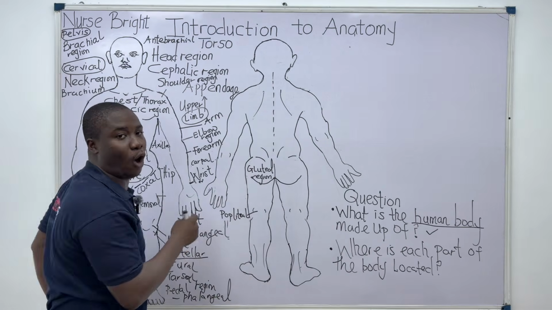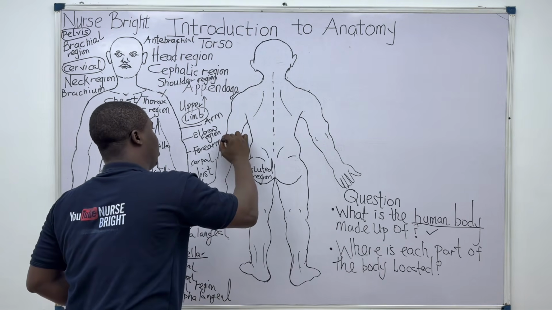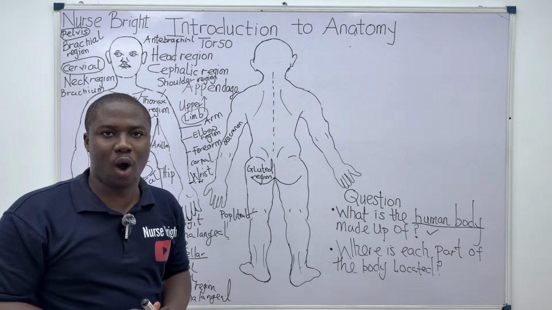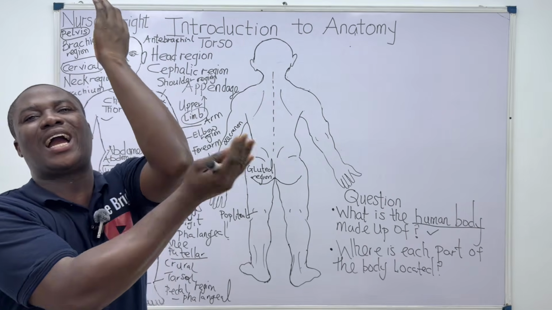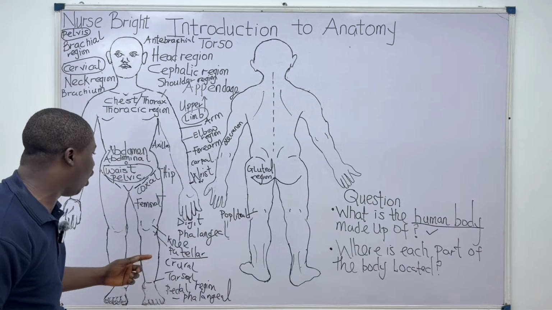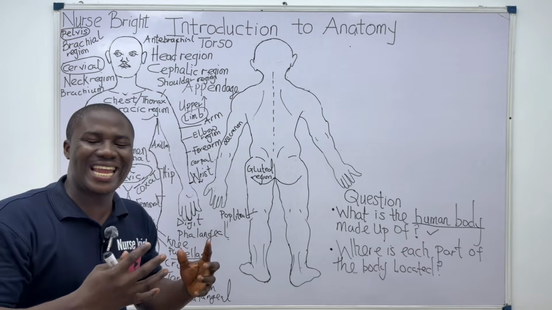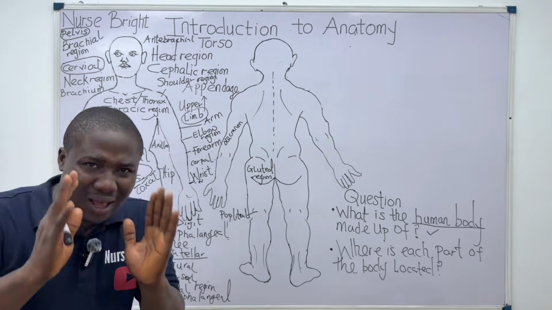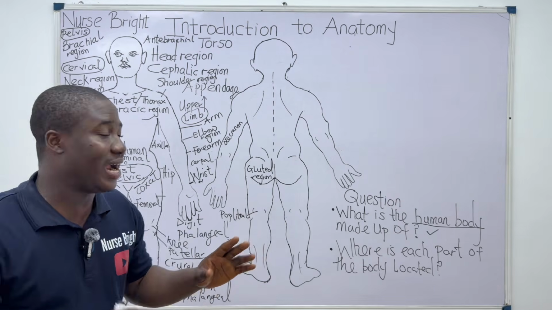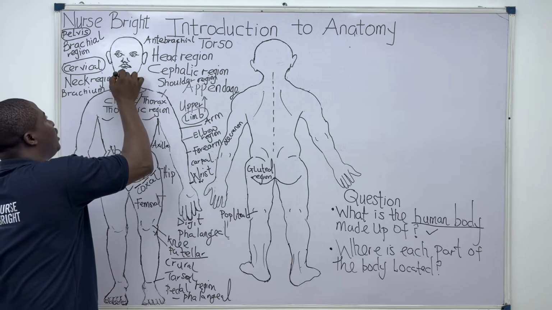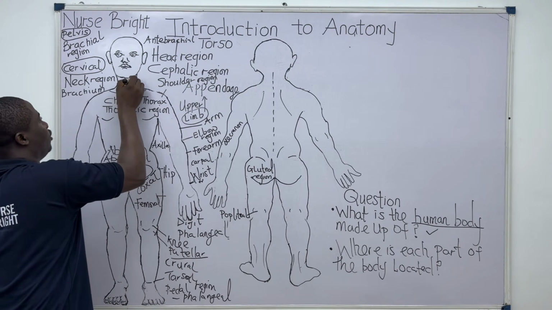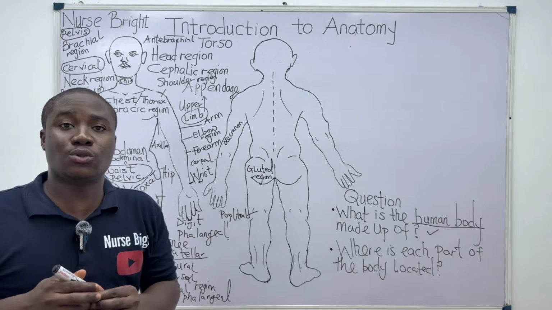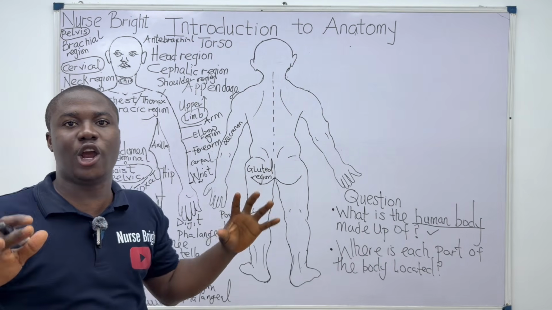It is still part of the upper limb, so we simply call this the elbow. We call it the olecranon region of the what now? Of the upper limb, which is the back of the elbow region. The way we call the front of the knee the patellar region, and the back of the knee, the what now? The popliteal region. So all this must be noted. There are a lot of regions. We also have the chin region. This part is the chin region. There are a lot of regions, and as we study anatomy in depth, we are going to learn all of these regions.